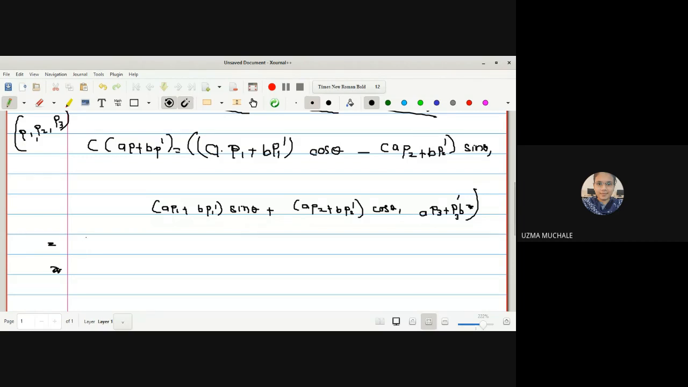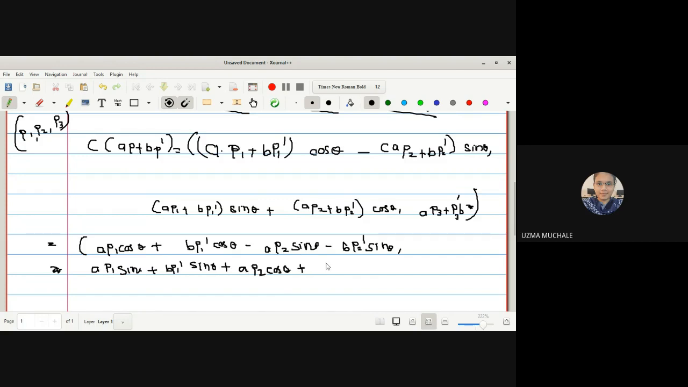So for that, what I can do is, let us expand this. So what I get, A P1 cos theta plus B P1 dash cos theta minus A P2 sin theta minus B P2 dash sin theta, comma, what is the next term? Again here we have A P1 sin theta plus B P1 dash sin theta plus A P2 cos theta plus B P2 dash cos theta, and the last term as it is A P3 plus B P3 dash,